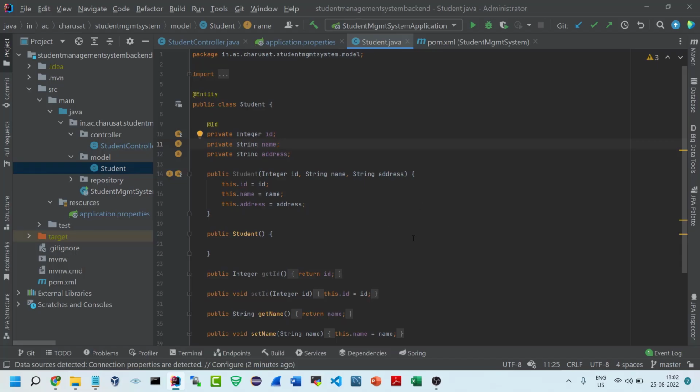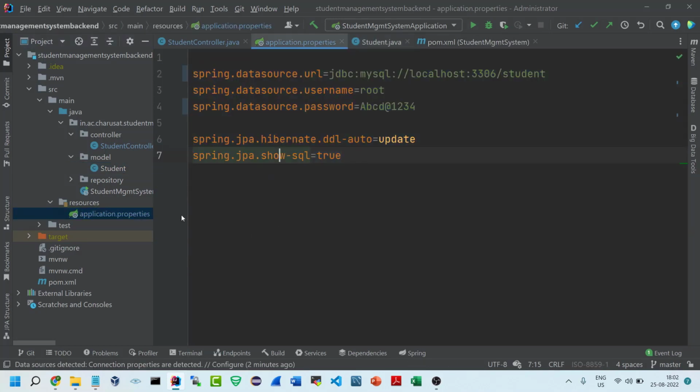Okay, so we are ready with our application. Now let's try to run the application. But before running the application, let me check the properties value so that the password is correct. So now I will be able to run the application, and once the application has started, I will be checking